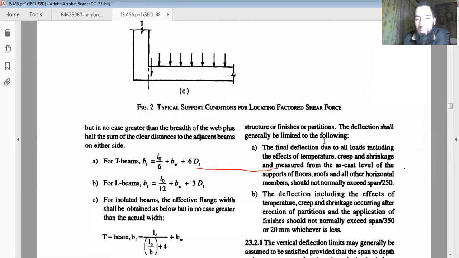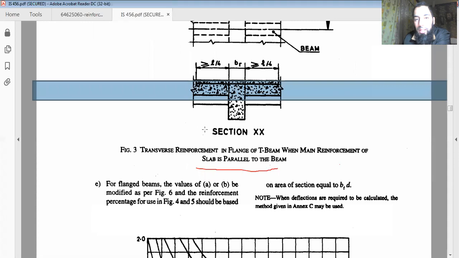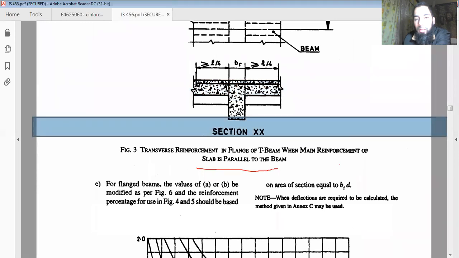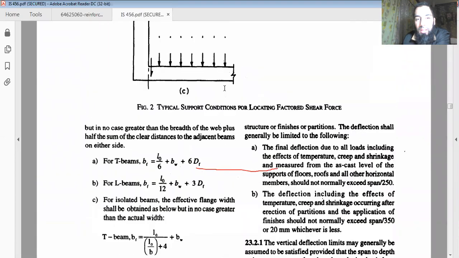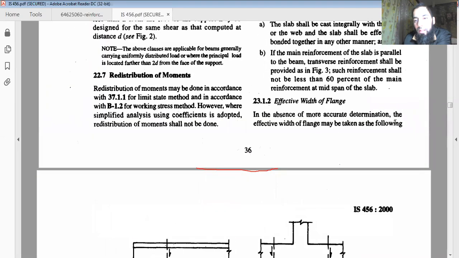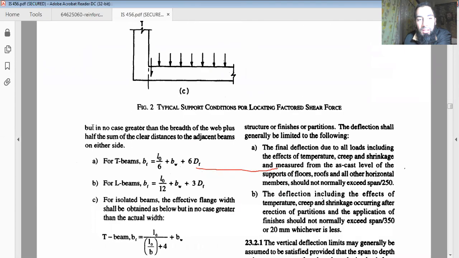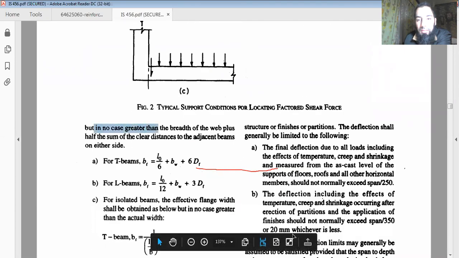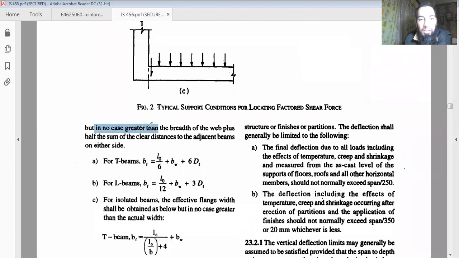Now you don't know, you have cast the slab and beam together, but how much portion do you expect to behave together with this beam? How will you determine that? So the code mentions it may be taken as the following, but in no case greater than the breadth of the web plus half the sum of the clear distances to the adjacent beams on either side. For T beams,